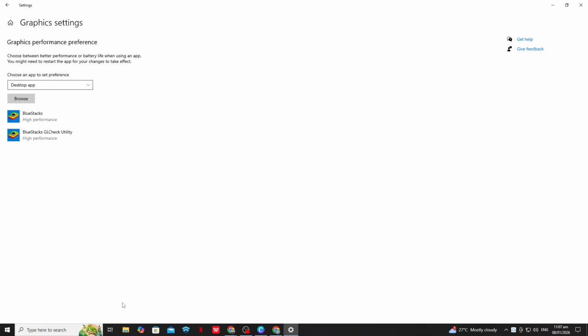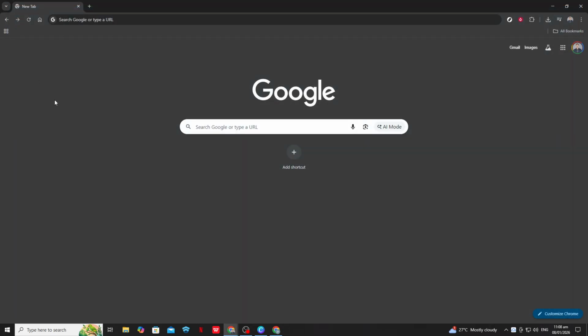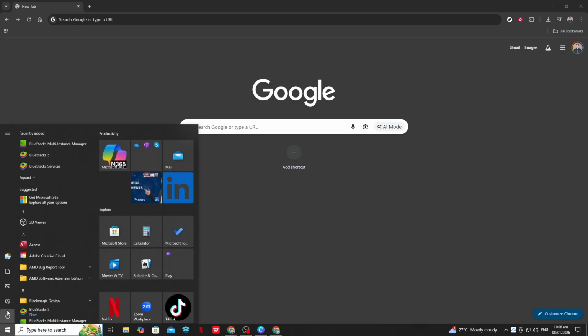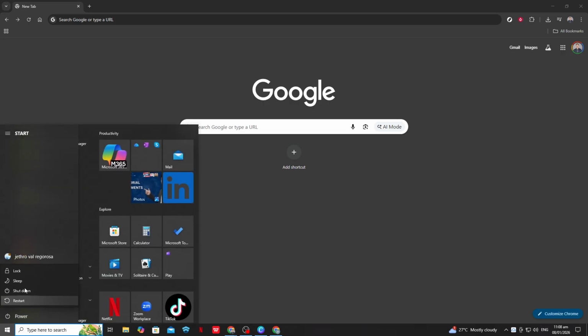Right-click the Start button and select Device Manager. In the Device Manager window, expand the Display Adapters section. Here you should see your graphics card or integrated graphics listed. Right-click it and choose Update Driver. Select the option to search automatically for drivers. Let Windows check for a newer driver and install it if one is found. Then restart your computer. After the restart, go back to Display Settings and see if the resolution dropdown is now